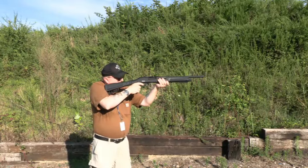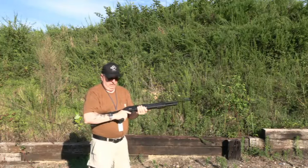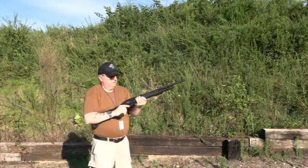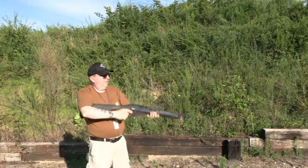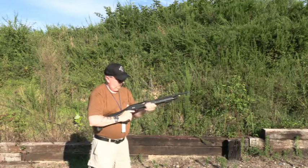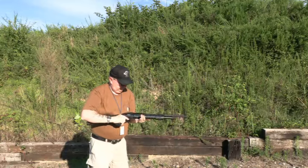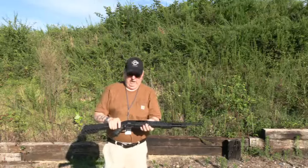Smaller pellets, but a whole bunch more of them. That one kind of hung up a little. These things ain't coming clear out of the gun. Alright, well,